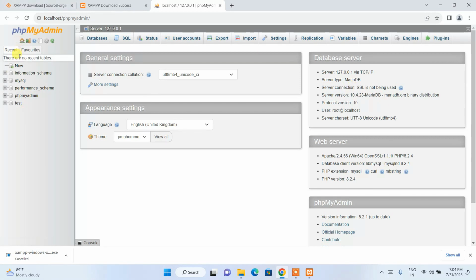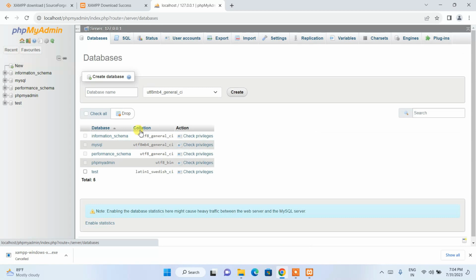You can create your database here by simply clicking on this new button, giving it some name, and clicking on create, and you can subsequently use this database in your backend code. So now what I'm going to do is quickly minimize this and